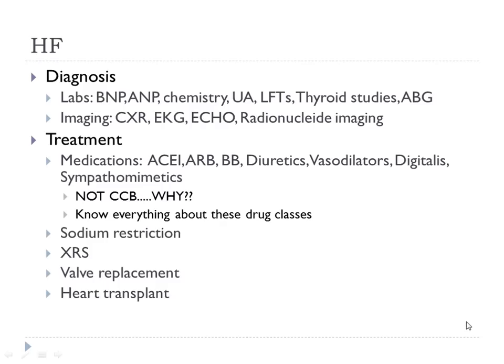First, we'll talk about some labs. The labs that most accurately or specifically measure the degree of heart failure are BNP and ANP. And probably the best of those two is BNP. So when your patient has heart failure and they come into the ER having an acute heart failure exacerbation, maybe they decided they're going to eat 7 bags of chips and drink 2 gallons of water. Well, that's going to put them in a heart failure exacerbation because of fluid volume overload. I'll tell you why later. But they're going to measure their BNP. It's brain natriuretic peptide.